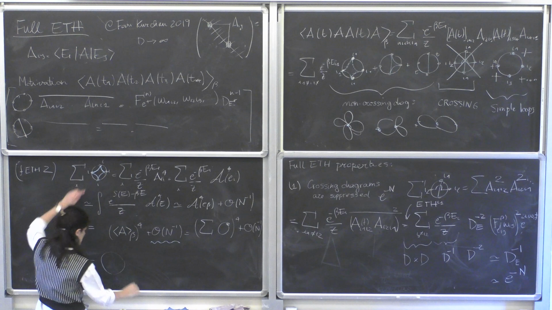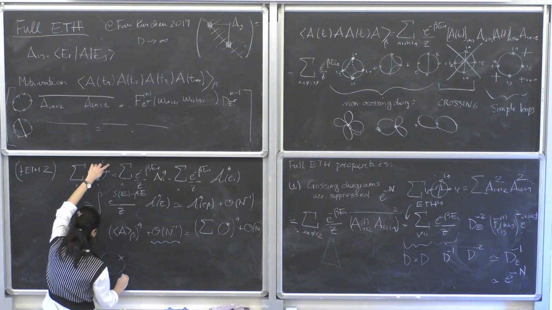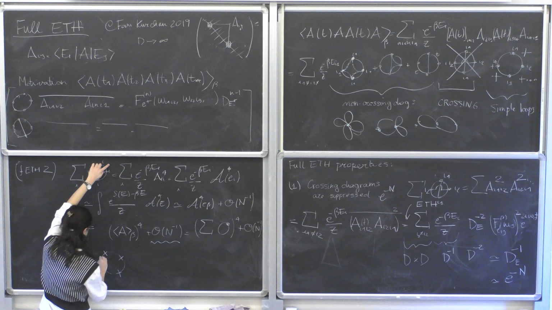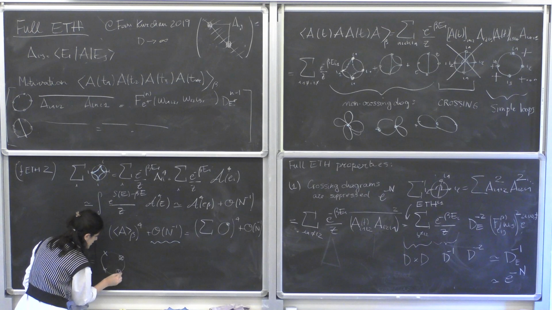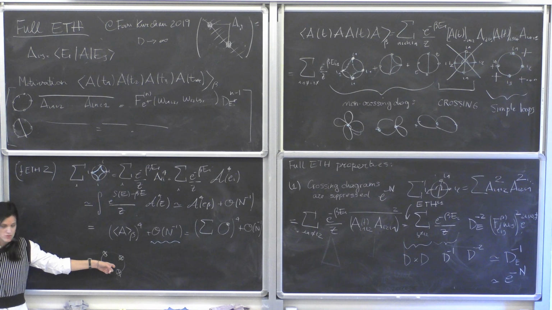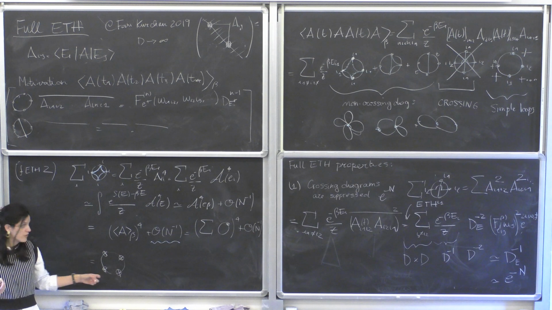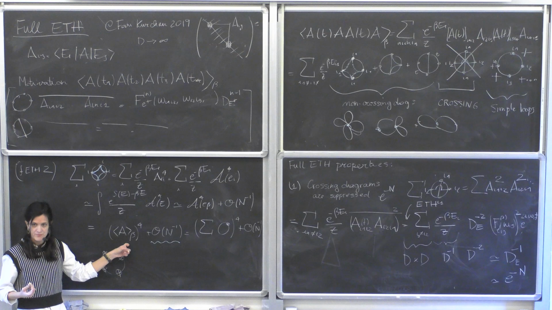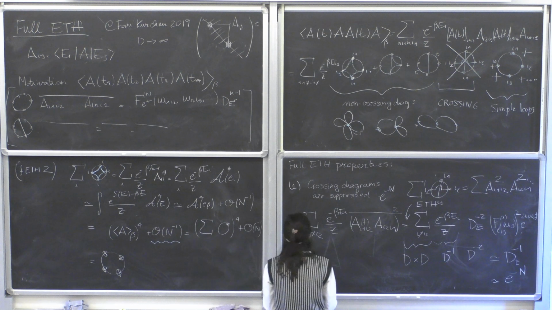So let me put now the crosses on the edges. Okay, and the dual is when, let's say, these 4 are in 4 different blocks. And I know that this diagram contributes with the product of C1 to the power 4, which is precisely this. Okay. So now the precise statement that we can make